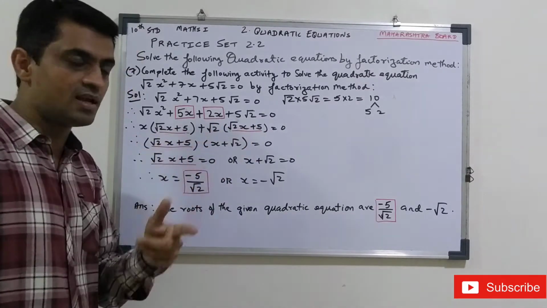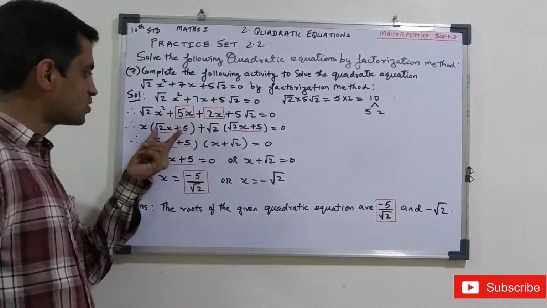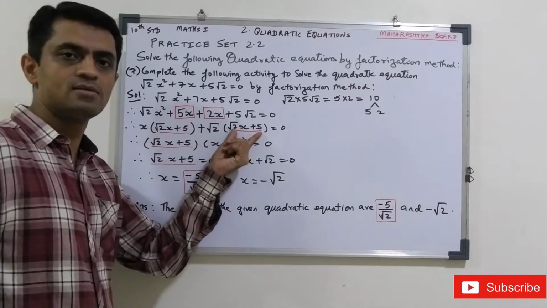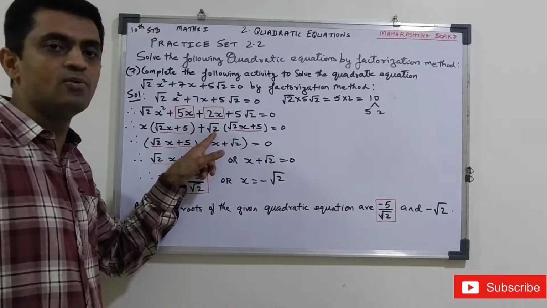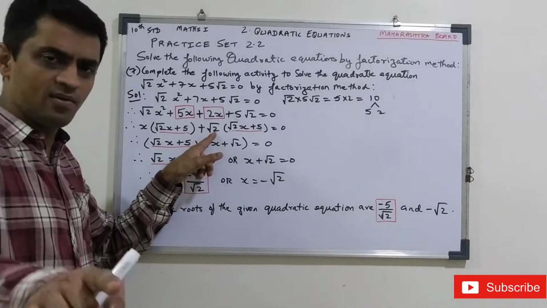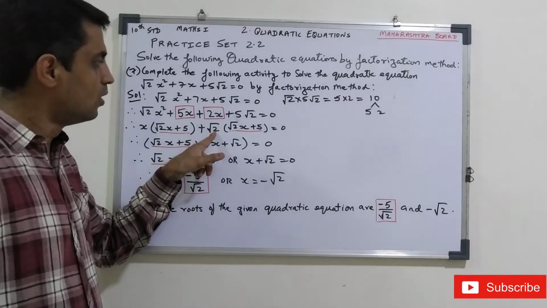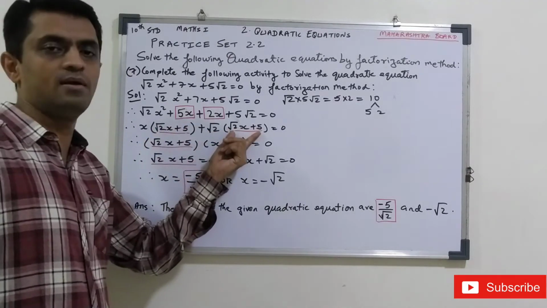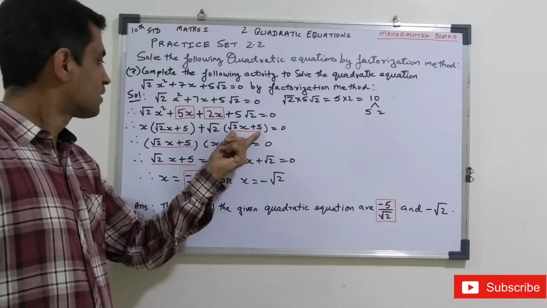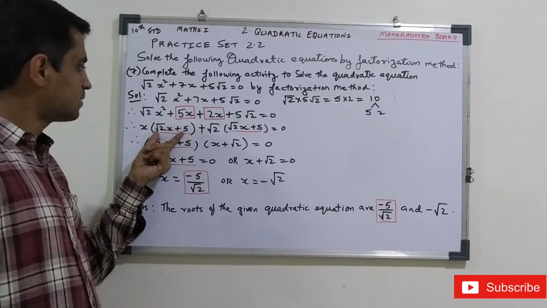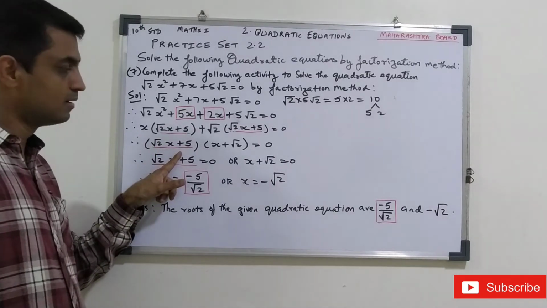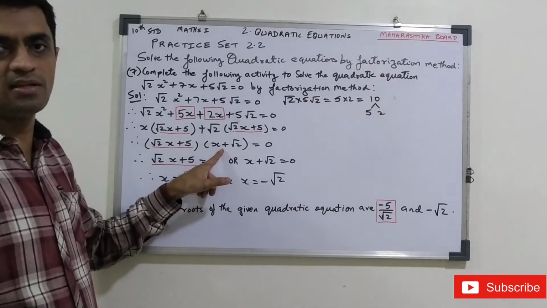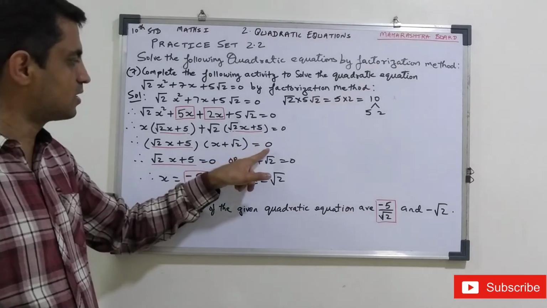So you can use this trick. Common is not coming, but then also we are writing the same bracket here. Same bracket. And then we are thinking, what should be written here outside? It is already given in this sum, root 2, but then also the same bracket will come here. Now, after this, root 2 x plus 5 will be common here, so it will be written in this blank. And this, as mentioned in the question, x plus root 2 is equal to 0.